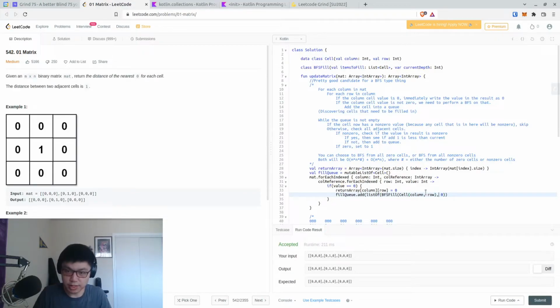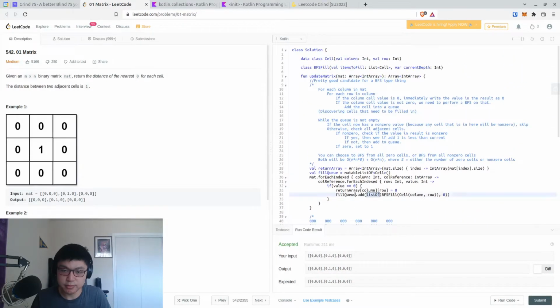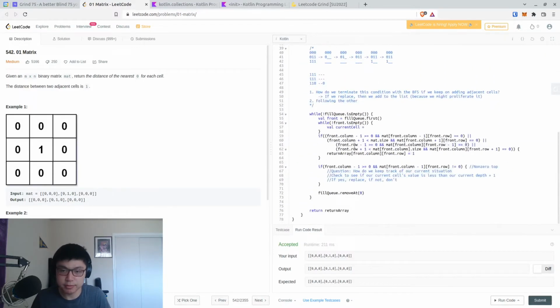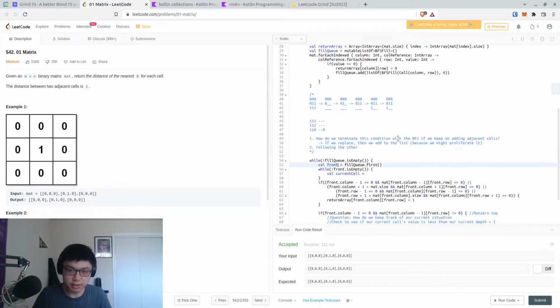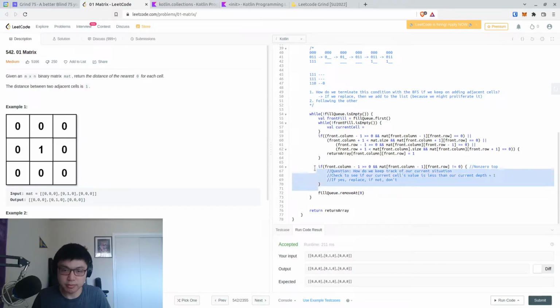Just skipped right out of the page. So we just create a list of one item inside the fill queue, which takes BFS fill items. Front fill. And then